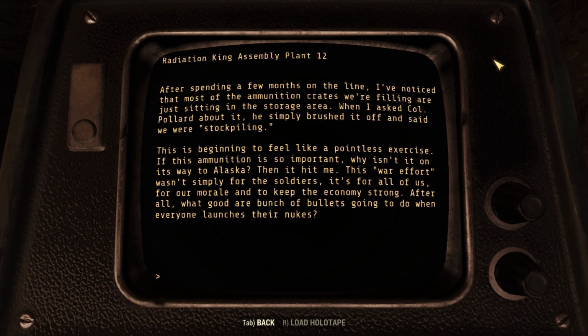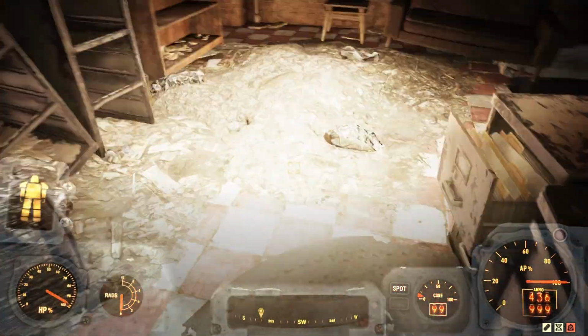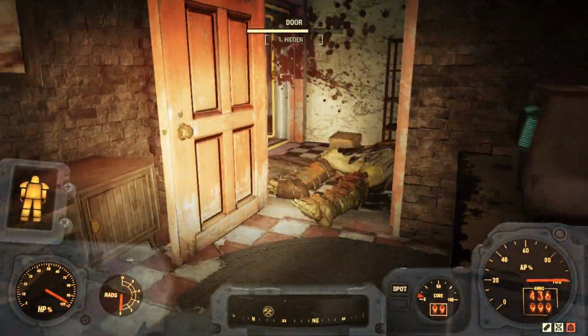Then it hit me. This war effort wasn't simply for the soldiers, it's for all of us. For our morale, and to keep the economy strong. After all, what good are a bunch of bullets going to do when everyone launches their nukes? The plant manager was on the right track in his thought process, but he didn't have the proper context for